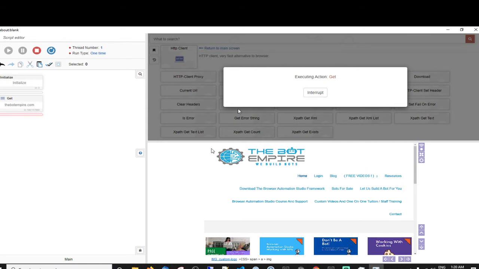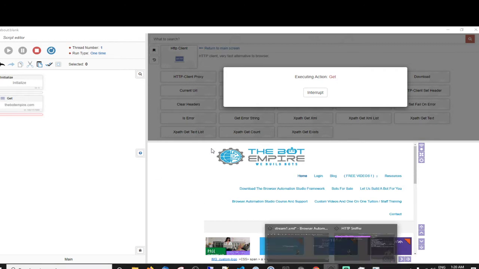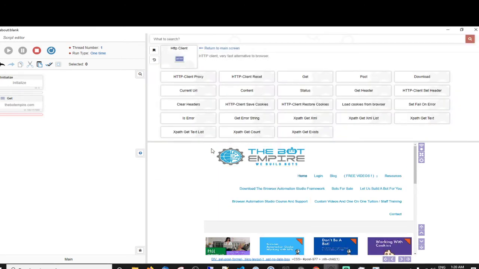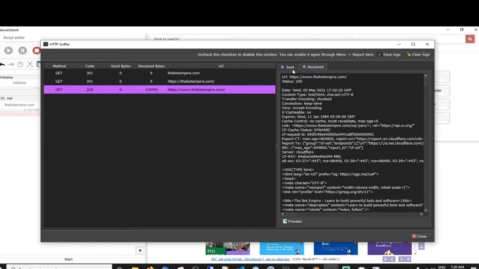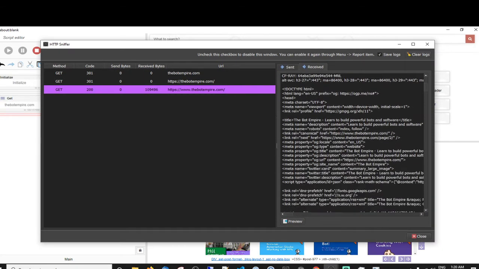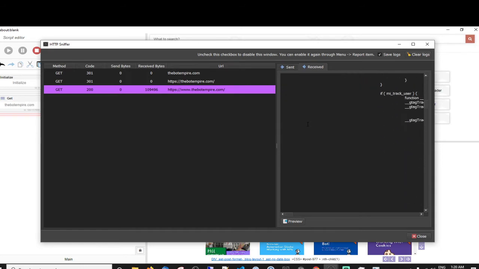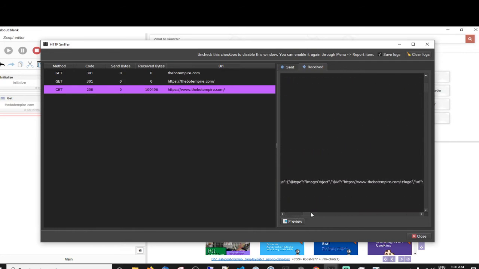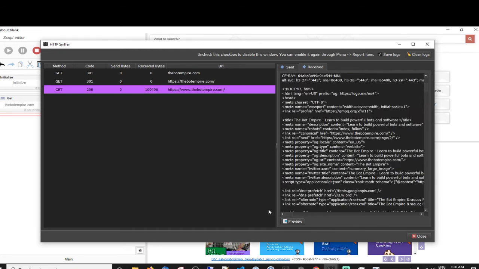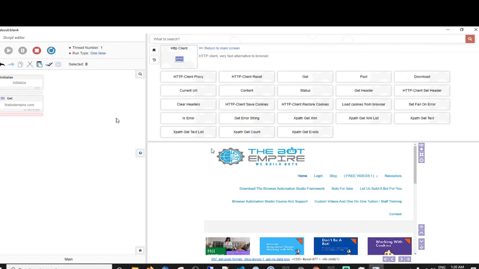Instead of using the browser, we're just making a request to the website. We can check out the request here. We can see what was sent and what's received, and as you can see, this is the HTML content of, in this case, my own website. That's the simplest way to not use the browser.